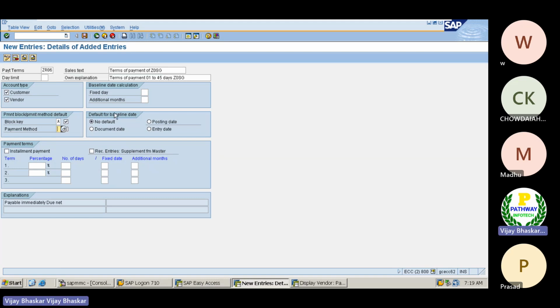Then default baseline date: from which date onwards the system needs to calculate. Either the posting date, document date, entry date, or no default. In most cases, it should be the document date only.